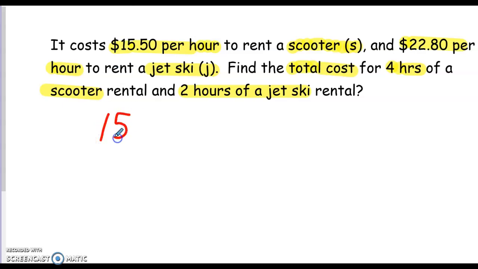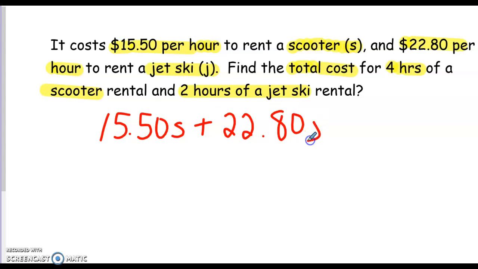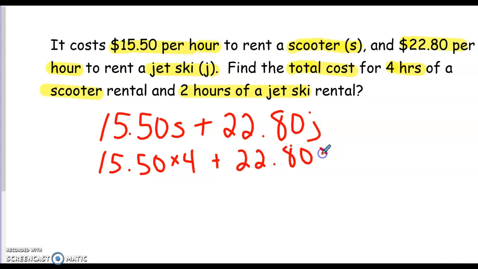Okay, here we go. Finally, 15.50 times S, that's for scooters, plus 22.80 times J for jet skis. That's my expression I'm going to use. Now I'm going to substitute, and my scooter is going to be for 4 hours. So that's going to be 15.50 times 4. And my jet ski is for 2 hours. So 22.80 times